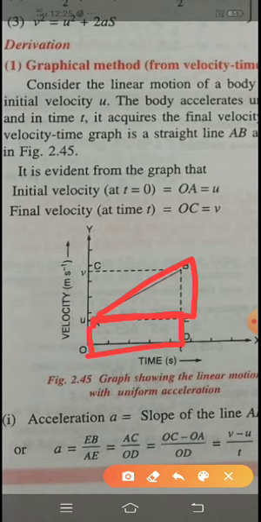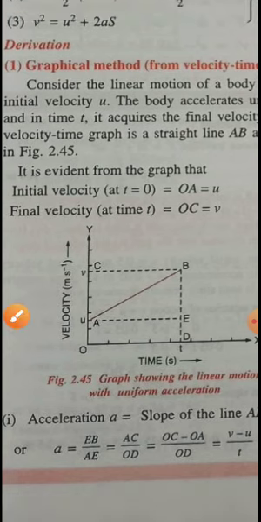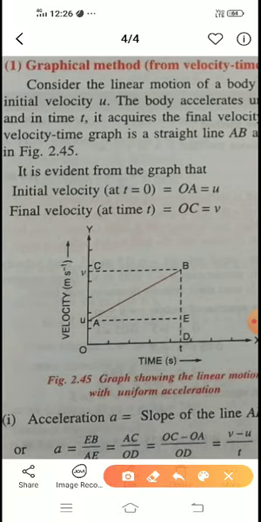First, in a given velocity-time graph, how do I find acceleration? I have to take a slope. The slope is of the only slanting line here, which is AB. For this AB I'm going to find my slope. For point A you have to find your x and y values, and for point B I have to find my x and y values. Similarly for U I have to calculate my x and y.